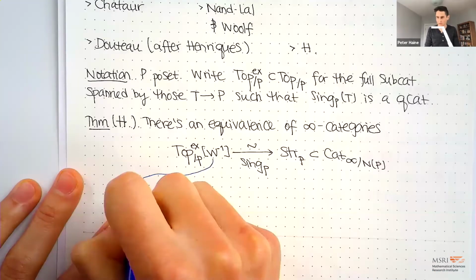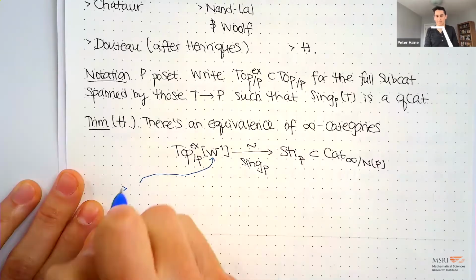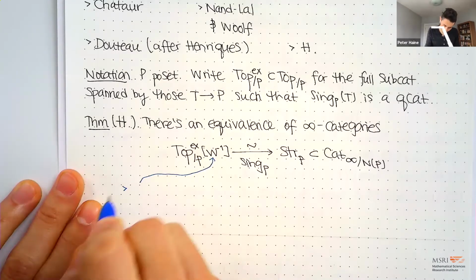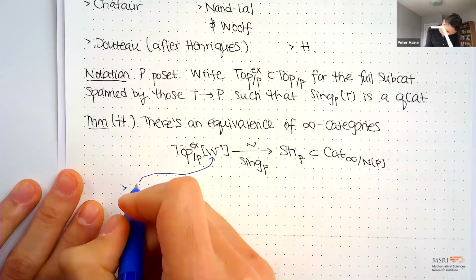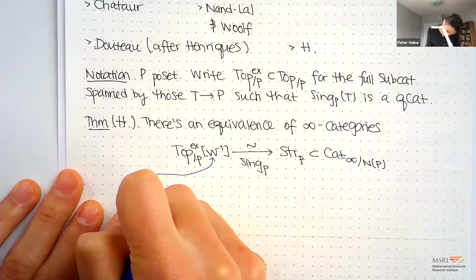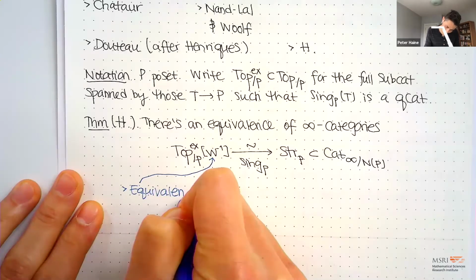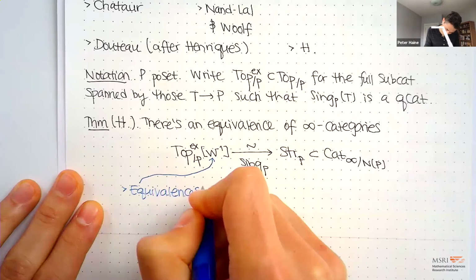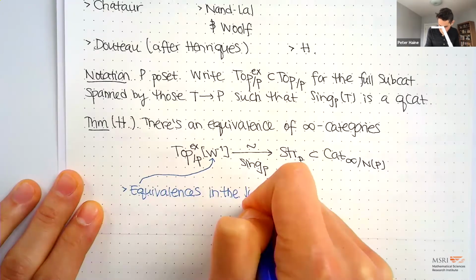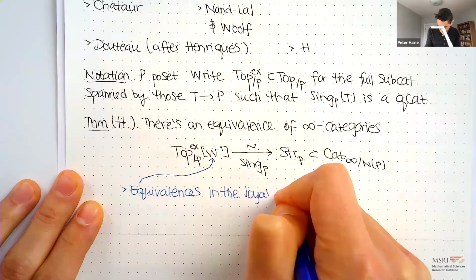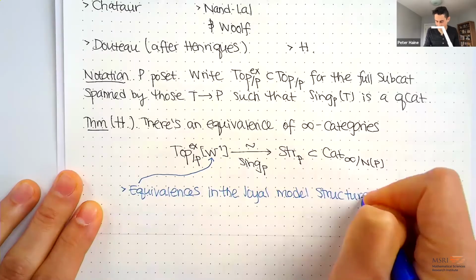So the first way is a way that sort of depends on the model in some sense. So it's equivalences, say in the Joyal model structure, i.e.,